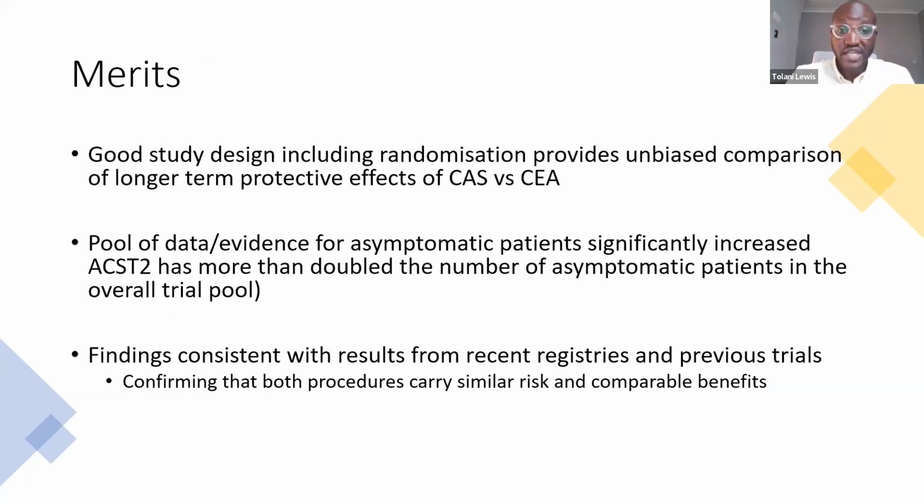I would say it's quite a good study. There's randomization, which provides a good unbiased comparison of the long-term protective effects of stenting versus endarterectomy. It has double the number of patients in the asymptomatic group in the overall trial data. And their findings are consistent with results from recent registries and previous trials, confirming that both procedures carry similar risk